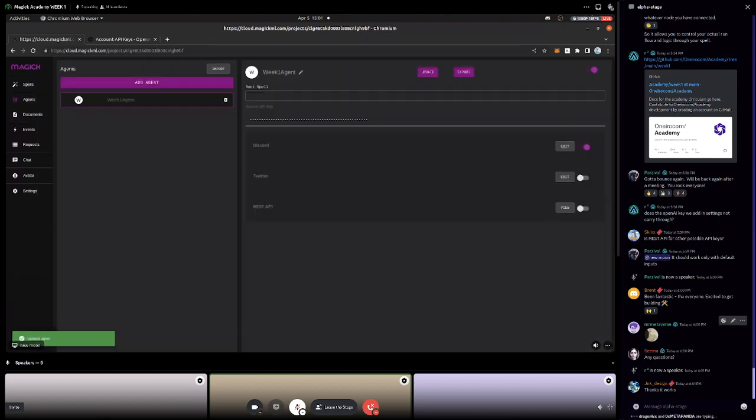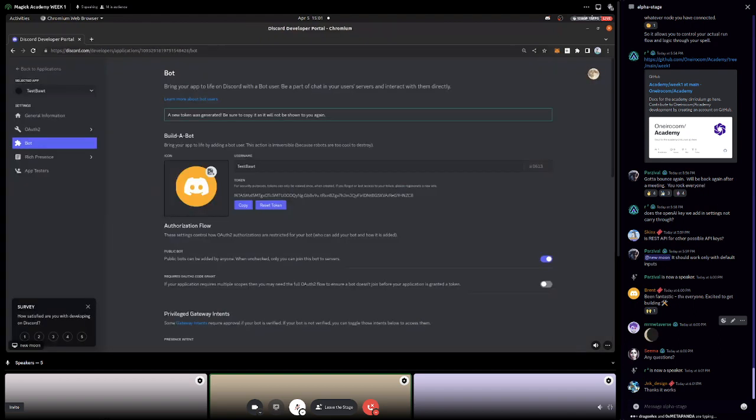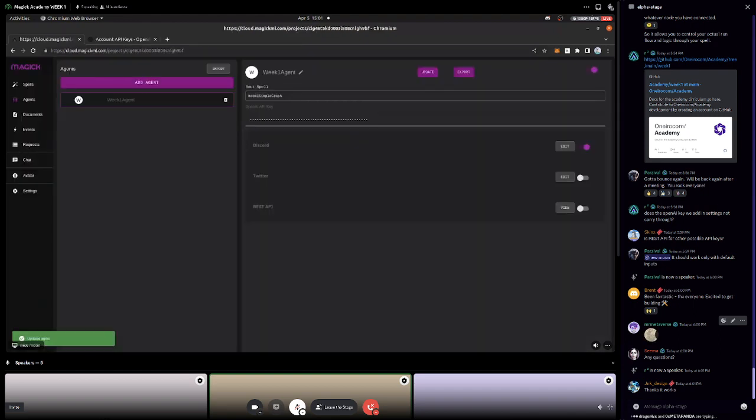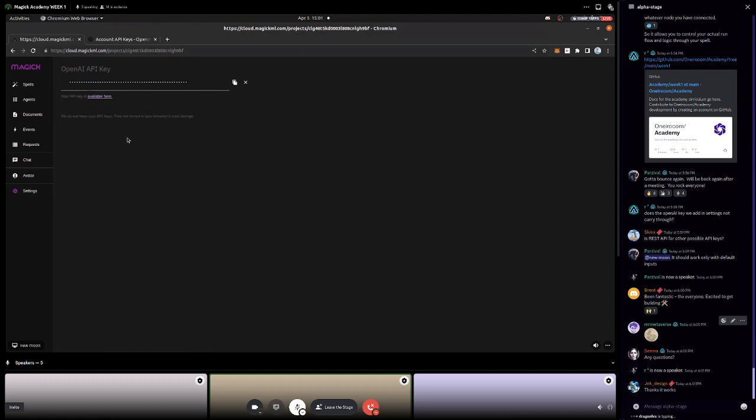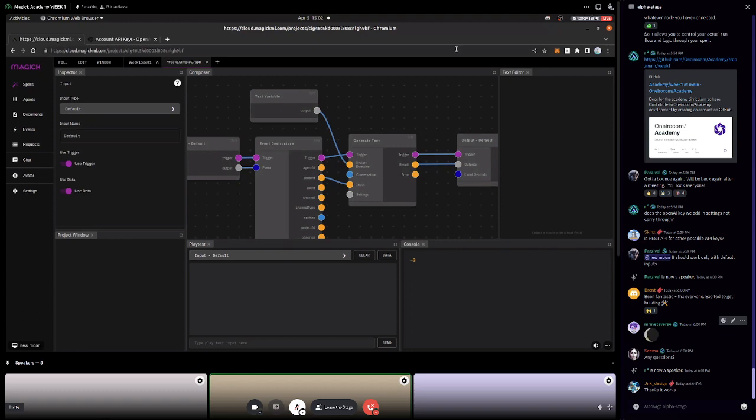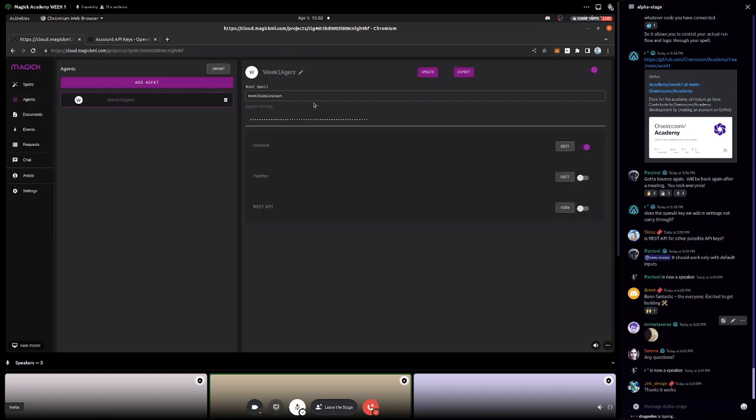And for clarity on the OpenAI key, how does it work when you put it in the settings window on the sidebar? Do you need to put a new key in for different scenarios? The OpenAI key in your settings window never leaves it, except it does go out with the request. It is stored in your browser's local storage, and this is just for doing previews. This only runs for the code generation and for the playtest preview here. When you make an agent, you can use separate API keys.